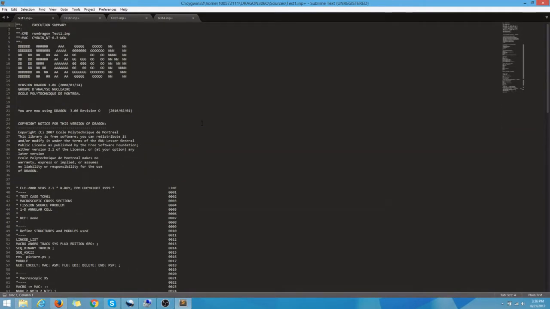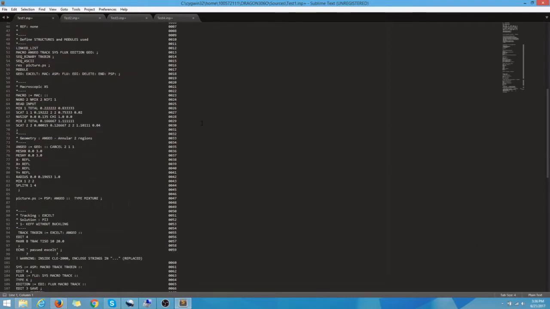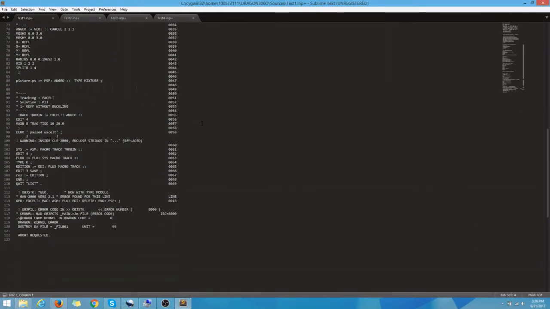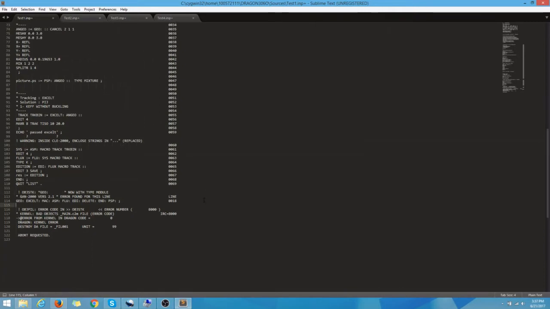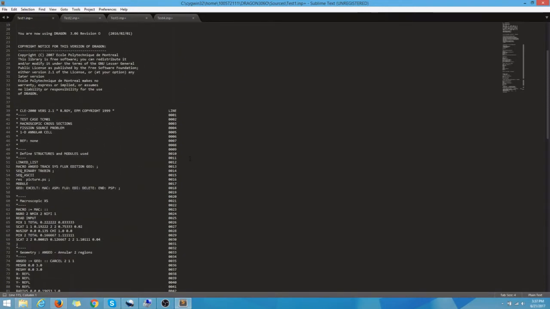In this first example, we can see at the end of the file, it says there is an error at line 18 with something concerning the geo module. Now by scrolling up, we can see that geo was also declared in the linked list as well as module, which caused this error. To solve this, all that needs to be done is the deleting of the geo. In the second example,